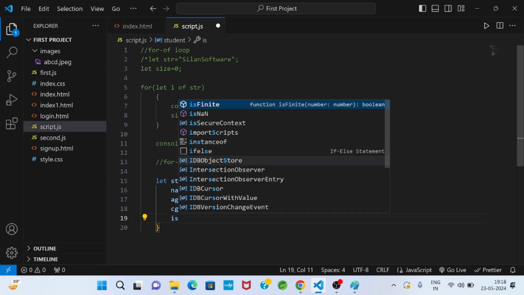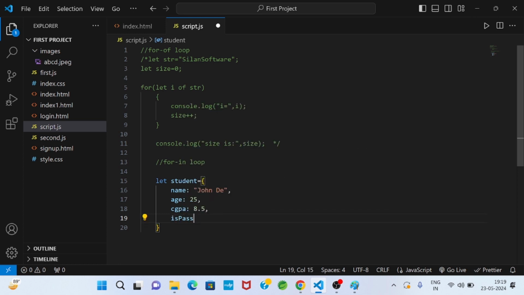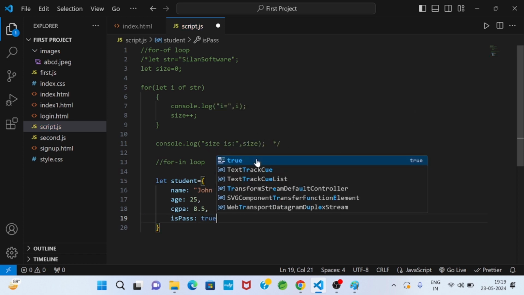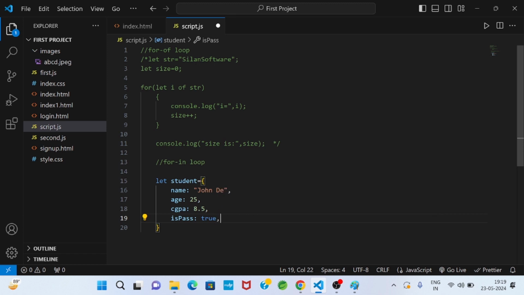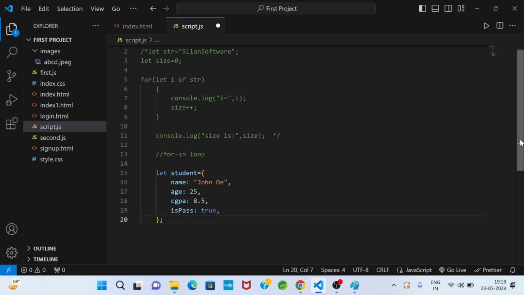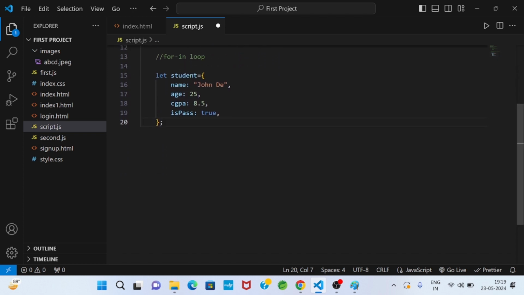Then pass, whether he passes or fails, let it be true. In this way I presented a student object, and in JavaScript this is how I represent a student object.